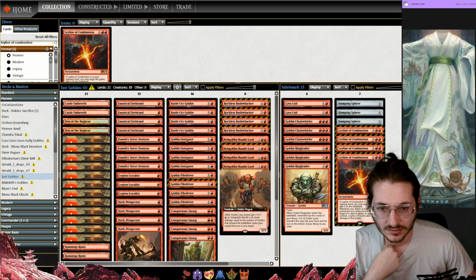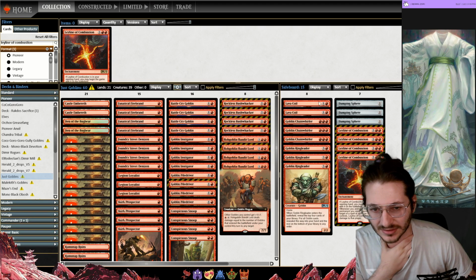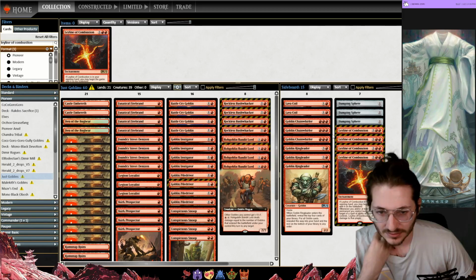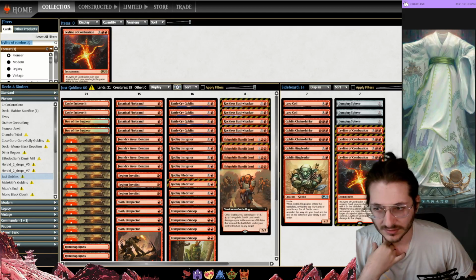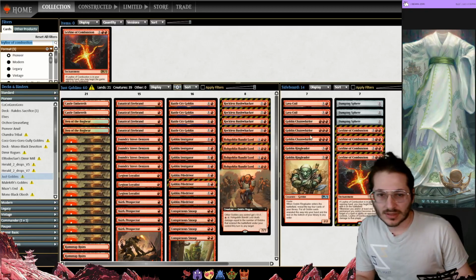Damping Sphere for them. Ormod's Crypt. I don't think there's many real graveyard decks. I guess there's the Greasefang decks, but I'm not sure I want to play Ormod's Crypt for Greasefang. I think I'd rather play not Lava Coil, but maybe we play